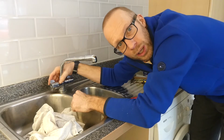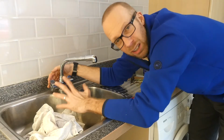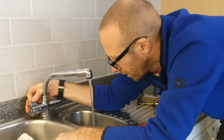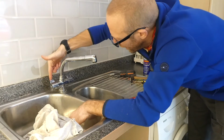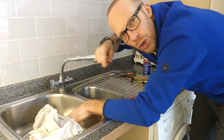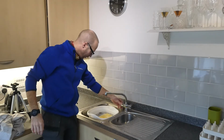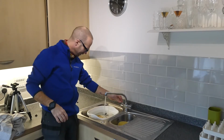So initially we thought it was going to be the washer, but actually it just needed a little bit of lubrication and freeing up, and now that is absolutely perfect. I'm just going to stand here all day now and turn that on and off, but you can see very easily on and off with one finger. Cool. Right then, good, job done. I can put that back in there, and we've now got a much smoother